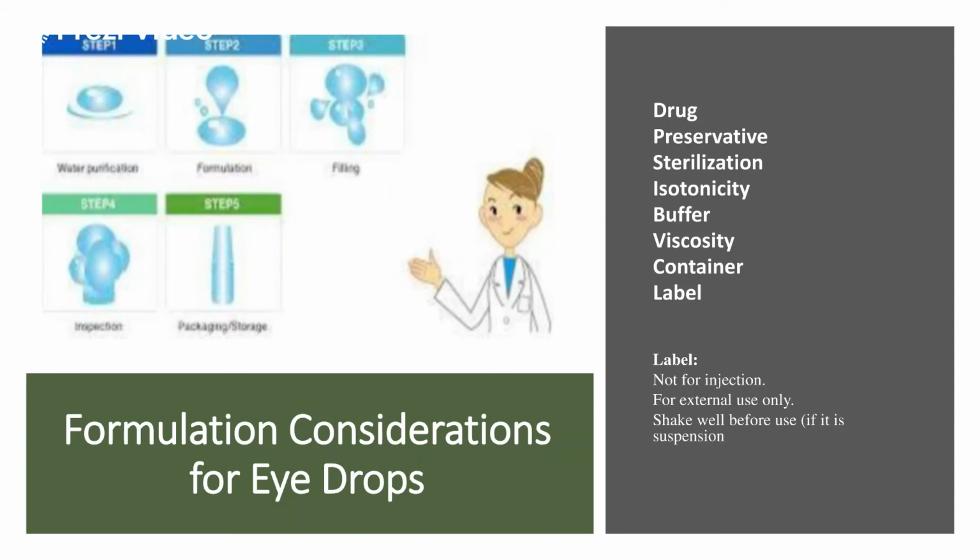Mostly glass and plastics are used for packaging of the eye drops, because there are a lot of constraints associated with these substances. All the packaging components have to be checked with adequate studies, and they have to be very well labeled also. Ophthalmic preparations are different from oral preparations, so the labeling criteria ensured by the regulatory agencies are different, and they have to be labeled as per the Drugs and Cosmetics Act. For example, you may have seen "not for injection", "for external use only", "shake well before use".